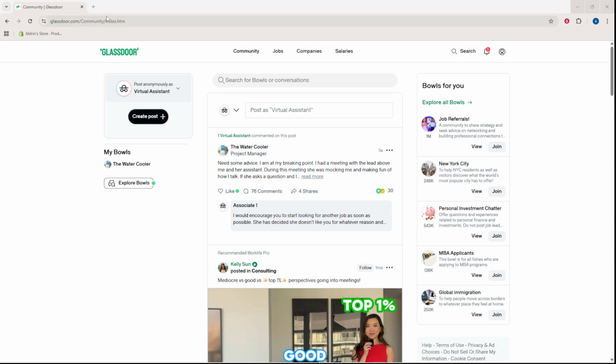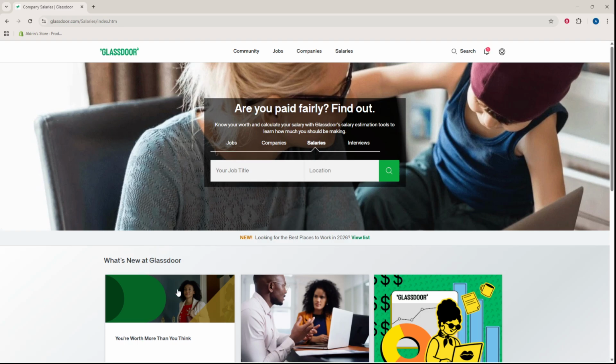First, open Glassdoor in your browser and make sure you're logged in. Being signed in unlocks the full salary data and detailed breakdowns. Once you're in, head to the top navigation bar and click on Salaries. This takes you to the main salary search page, where you can look up compensation for roles across different industries